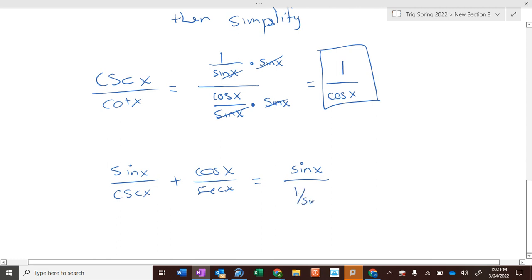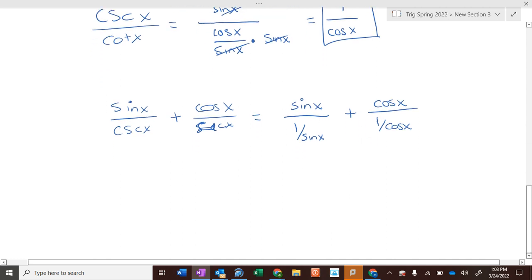1 over sine of x. Not sine of x over 1, it's 1 over sine of x. What is cosecant the same as? 1 over... or what is secant the same as? 1 over cosine of x. All right. So here we have